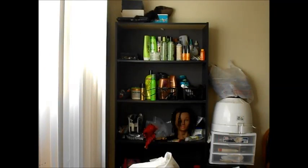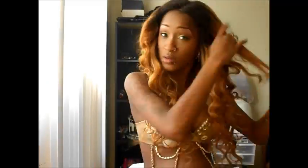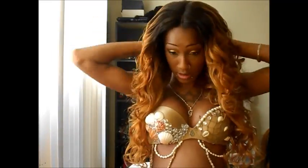Now it's time to get on with my hair. As you see, my hair is just braided down in 6 braids, nothing big, nothing extravagant. And this is my wig unit that I custom made. If you guys want to see more about this hair, check out the video, which may be posted after this video. You'll be able to know a lot more about this hair and how I made this unit. So what I'm using is some argan oil from Garnier Fructis, and I am going in and just